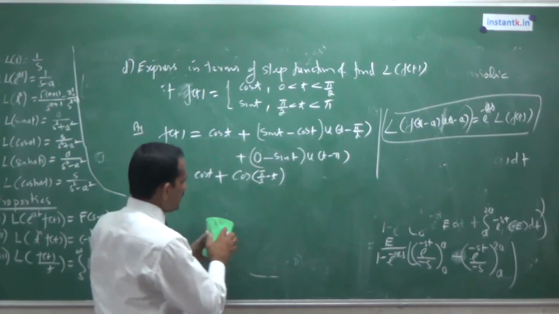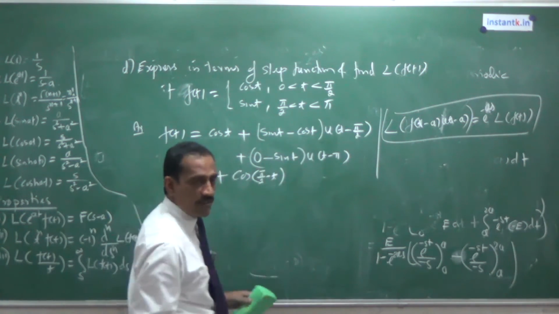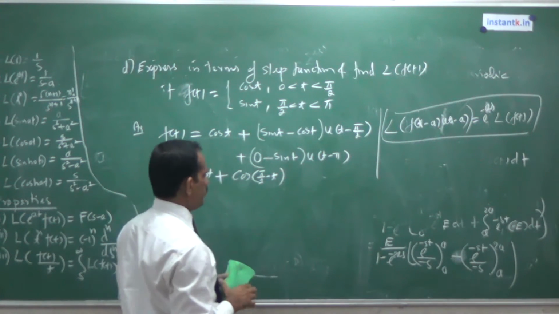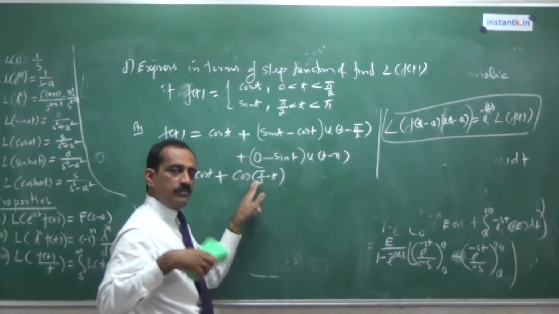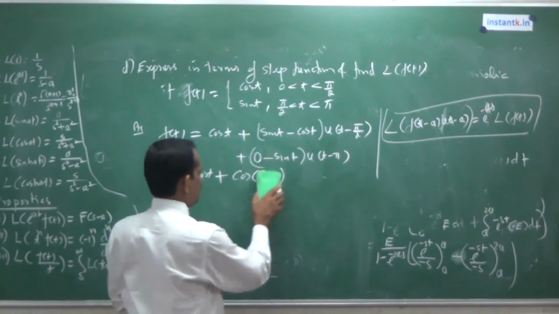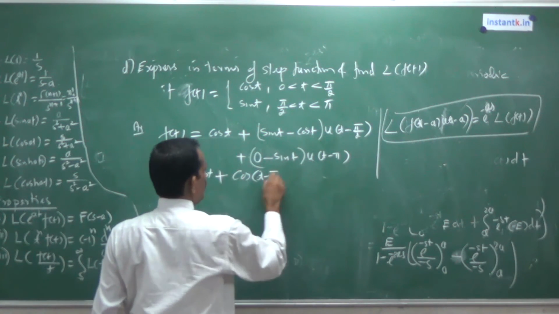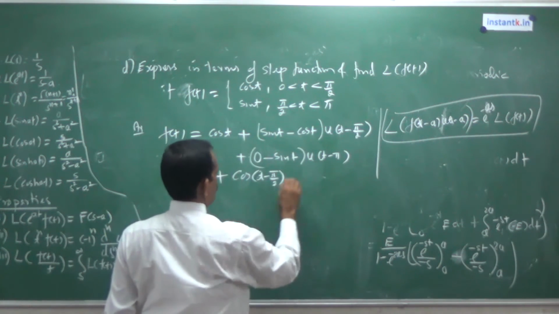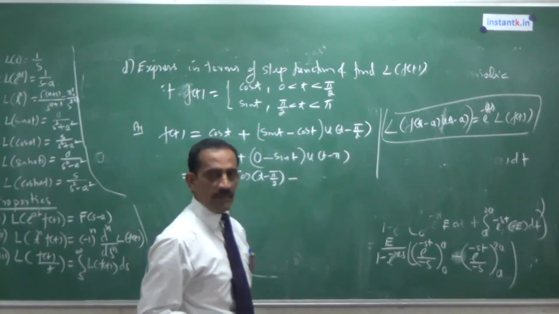So take the minus sign outside: first write what you need, then write it in the required form, t minus pi by 2. So we get a minus sign outside. But what is cos of minus theta? Cos of minus theta is cos theta itself. So this can be written as cos of t minus pi by 2. That's over.